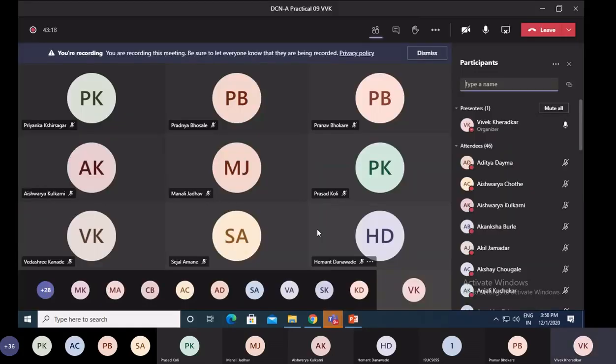Tell me how to input the IP address for this. Using a character array. Okay, you have to input it by character array.